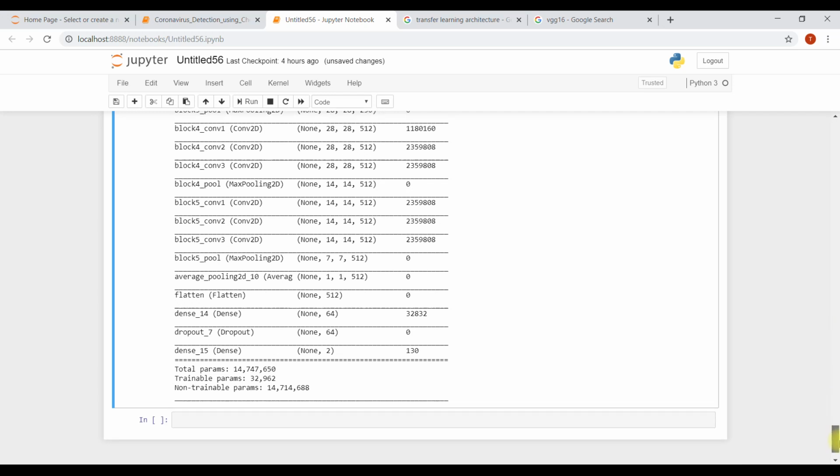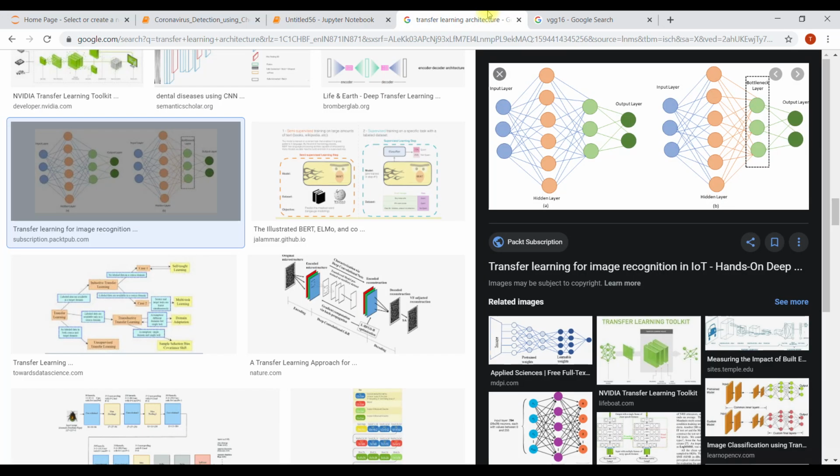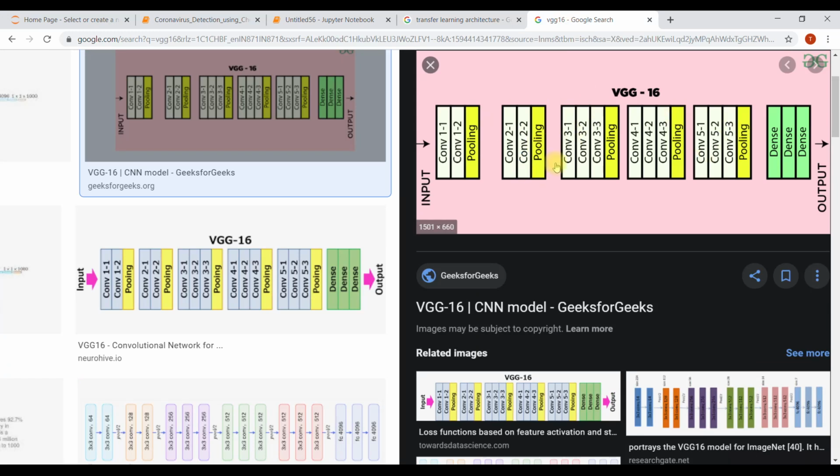Now see the difference. Total parameters is again 1 crore 47 lakh 47,650, but now the trainable parameters are only 32,000. The rest, 1 crore 47 lakh 14,688, are non-trainable parameters. That's how you can choose what to train and what not to train.